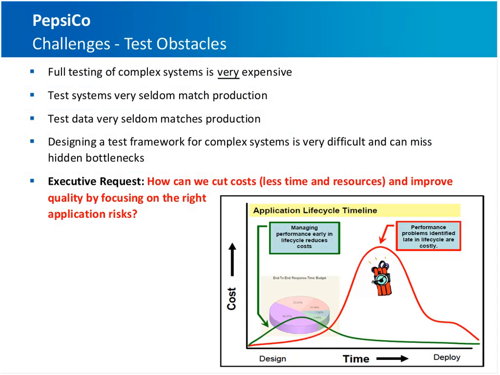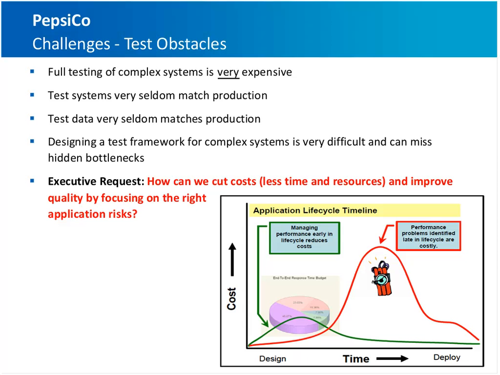In order to test migration of their SAP environment onto a new platform, it was very expensive, very cost prohibitive to match all the hardware in production and stand up that hardware and test. If you can imagine, the biggest SAP environment in the world has a lot of hardware supporting it. The executive request, as we can see there, is to cut costs and improve quality. And it's pretty hard to cut costs when you think you have to mirror the hardware in production and stand it up and test. And as our simplified drawing here at the bottom shows,